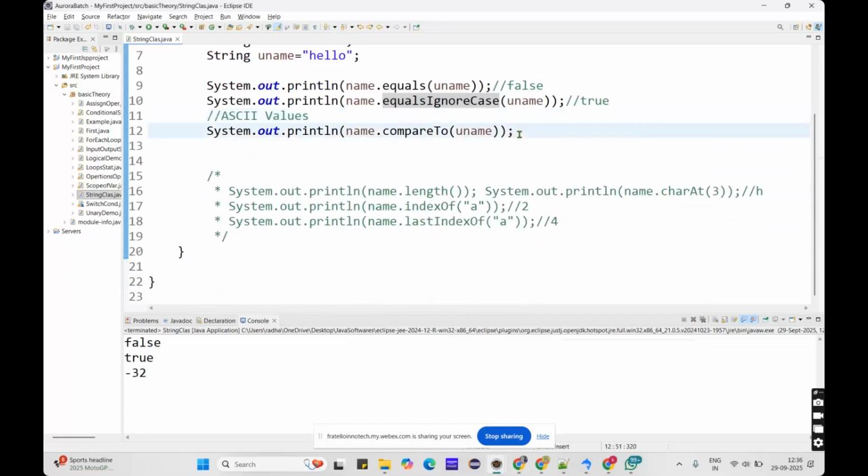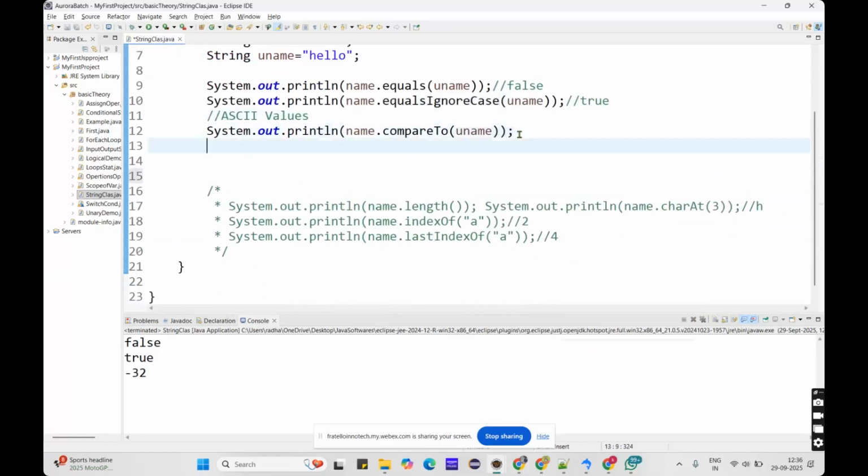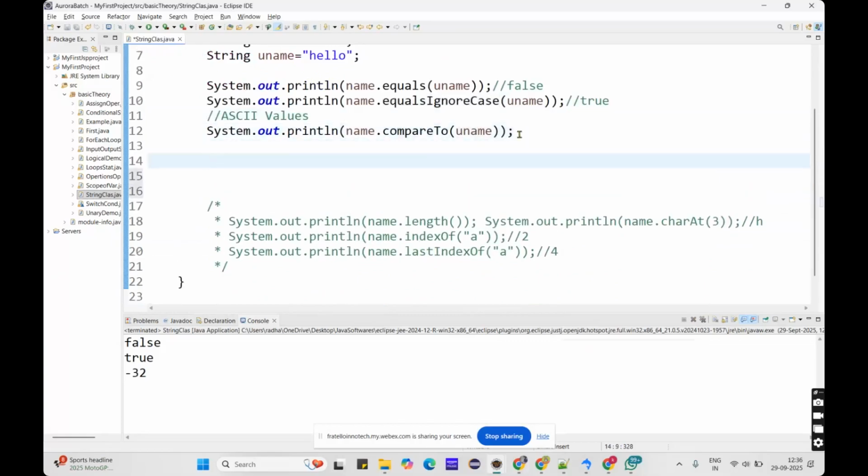Now, I said earlier also, string is immutable, which means we cannot modify the existing string. We cannot modify the existing string, but when you want to get some part of that string,